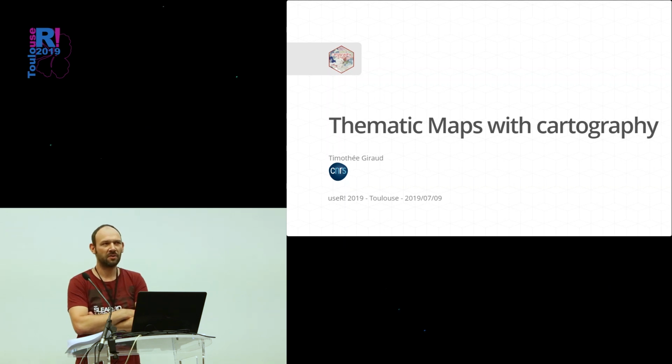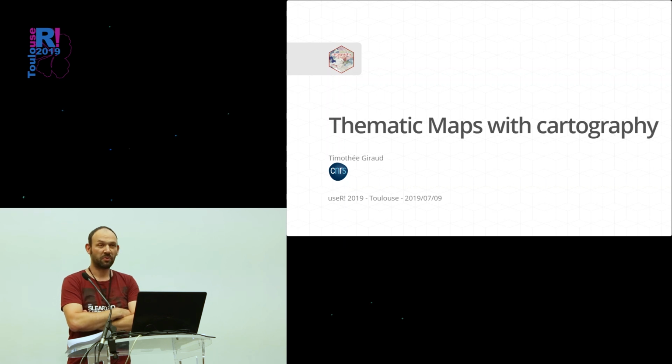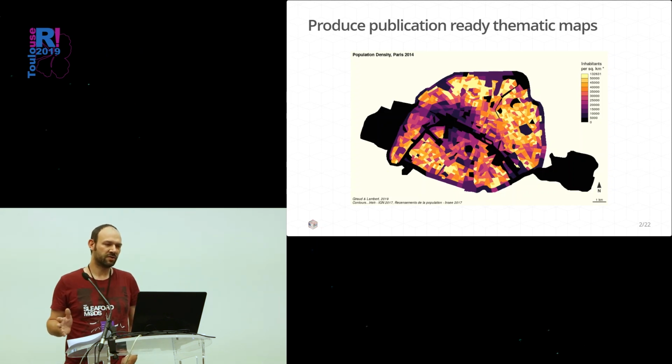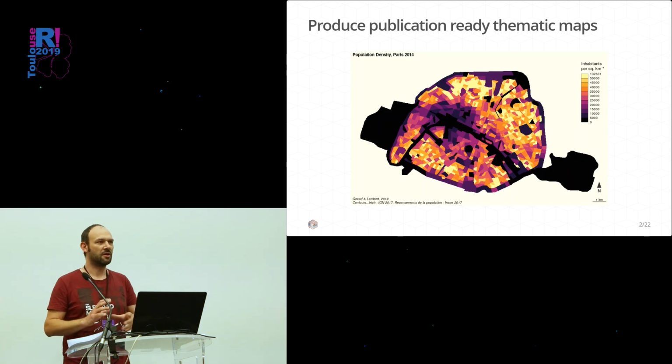I work in a geography laboratory for the French National Center for Scientific Research, and a few years ago we started to replace all our tools with something in R. One step that was missing was cartography, the mapping tools to create exactly the same maps that we created with a GIS tool or designing tool. So we created this package, cartography, to produce publication-ready thematic maps. The idea was to use it directly after R and put it in a publication or on a website.